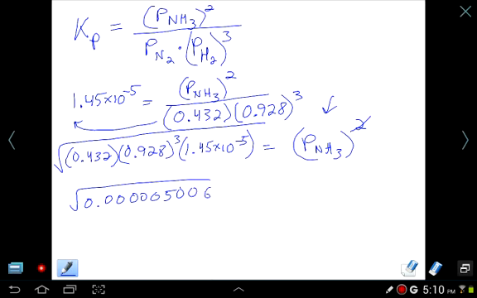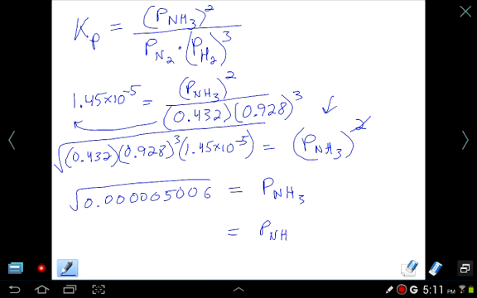We can say 5006 will be the pressure of NH3. So go ahead and square root that number. And we should get ourselves a pressure